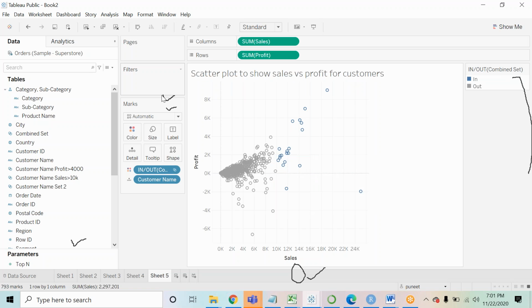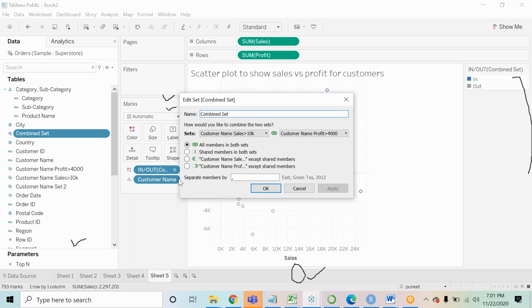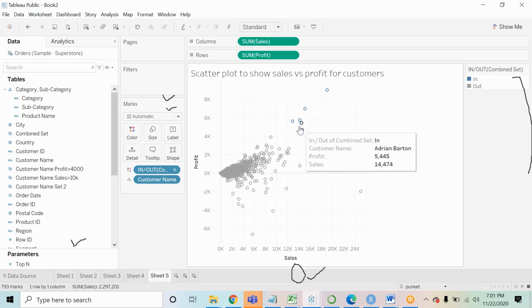एक बार आप इसको देख लेना प्लीज, उसके बाद अपने सिस्टम पे करना. इसी सेट को अभी मैं एडिट करता हूँ, एडिट सेट. अब मैं सेकंड ऑप्शन चूज करता हूँ. सेकंड का मतलब इनर जॉइन. इनर जॉइन का मतलब ये वो कस्टमर है जिनकी सेल 10,000 से ज्यादा है और प्लस उनका प्रॉफिट भी 4,000 से ज्यादा है, जहां पे दोनों की कंडीशन मीट हो रही है, दोनों में जो कॉमन है डेटा. तो अगर मैं इसको अप्लाई एंड ओके करता हूँ तो देखो सिर्फ ये वाले कस्टमर हाईलाइट हुए. ये वो कस्टमर है जिनकी सेल 10,000 से ज्यादा है प्लस प्रॉफिट भी 4,000 से ज्यादा है. ओके,